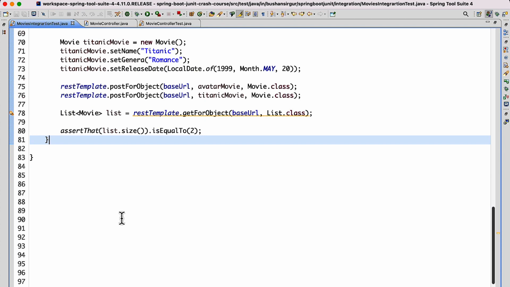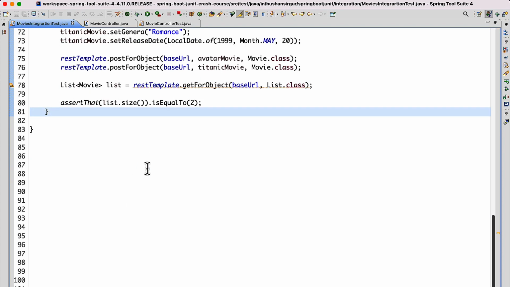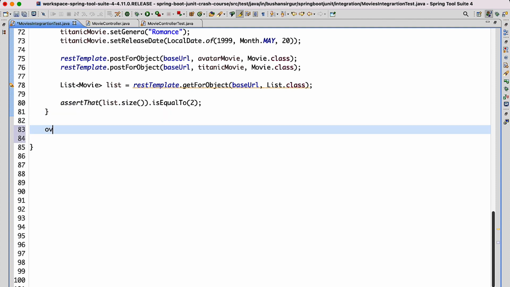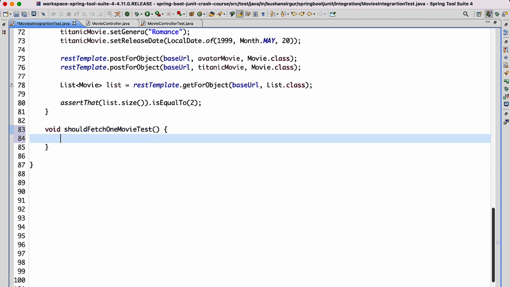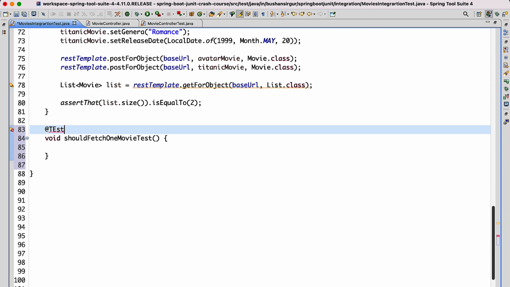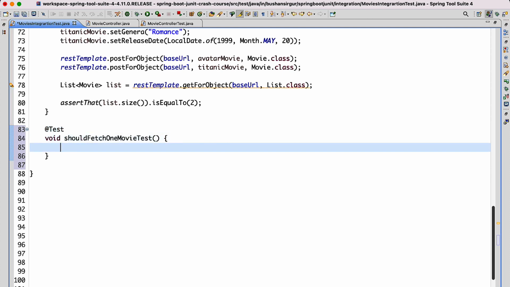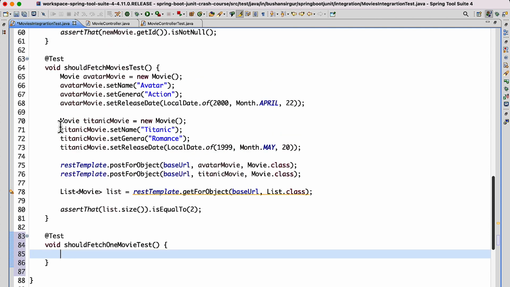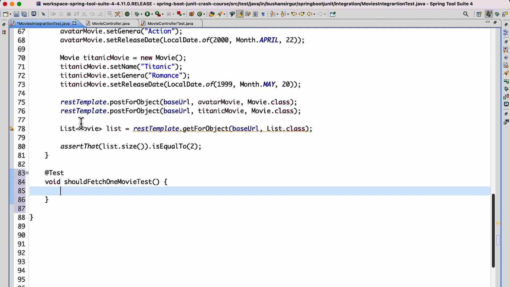Now let's write a JUnit test case for reading the single movie object from the database. So I'm going to create a JUnit test case, void should fetch 1 movie test. Let's add the test annotation, and inside this we are going to set up the data that are required for our test case. So what I'll do is I'm going to